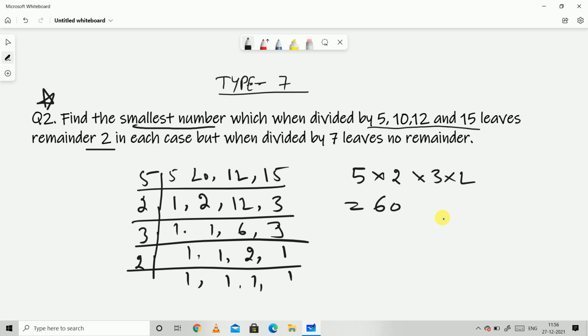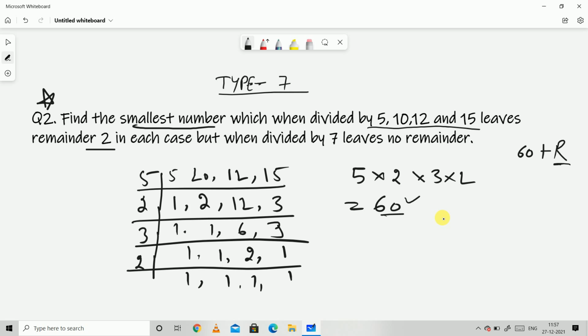Okay, now it is saying that it has to be a smallest number which when divided by these is leaving a remainder of 2. Now 60 is the LCM of these numbers, and thus 60 will be completely divisible by 5, 10, 12 and 15. But I need to find a number which is leaving a remainder of 2. Okay, we have done this type of questions, and what we used to do, we simply used to add that remainder to the number, isn't it? Because LCM is completely divisible. Therefore, to LCM, if you add the remainder, that remainder is always going to be left as the extra part. Okay, this we had seen.